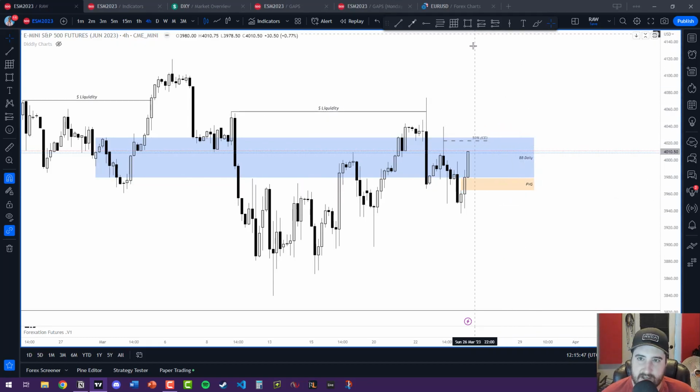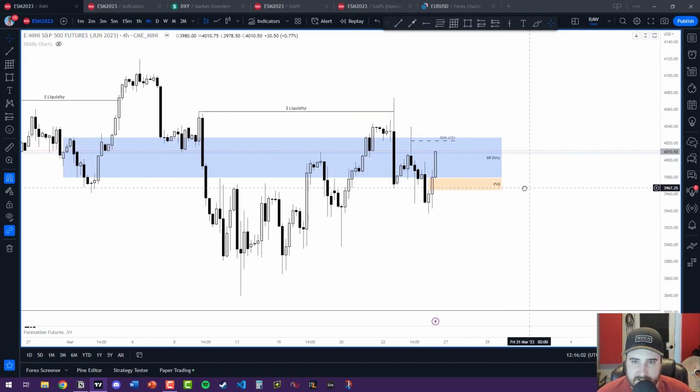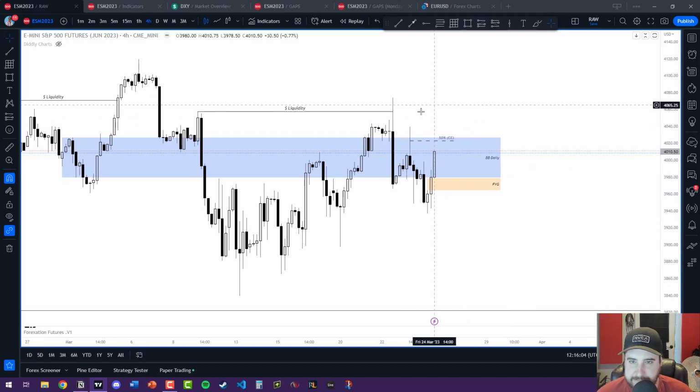If you see fair value gap 2 on my chart, that's just because it's a lower time frame. My higher time frame is the orange one. I mean, really, I could put them the same color and just put lower time frame, higher time frame, but I like the color separation. It's easier for me to identify. So on the 4 hour, we're in the breaker block. On the daily, if we pull back, we're looking into that fair value gap,